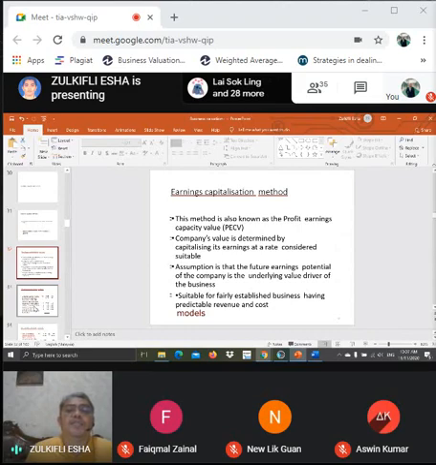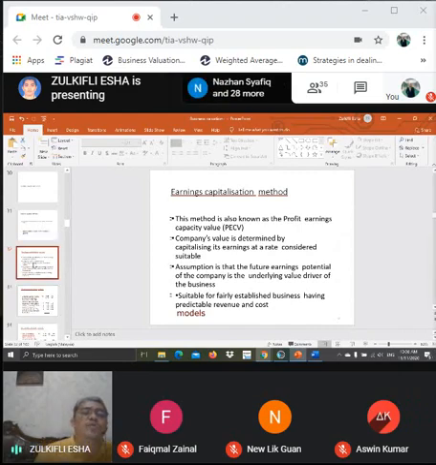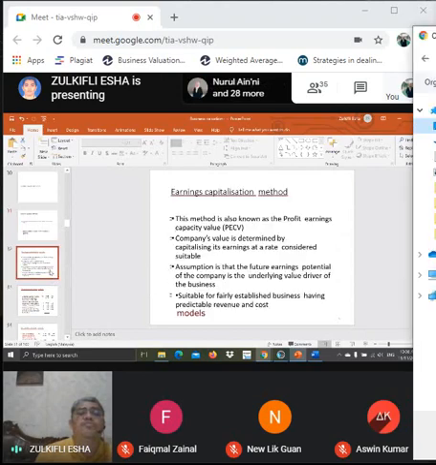So earnings capitalization method, this method is also known as profit earnings capacity value, PECV. The company's value is determined by capitalizing its earning at a rate considered suitable. The assumption is that the future earnings potential of the company is the underlying value driver of the business, suitable for a fairly established business having predictable revenue and cost. So this is an element that we need to know lah when we are using this discounted cash flow ni. So earning capitalization methods. So